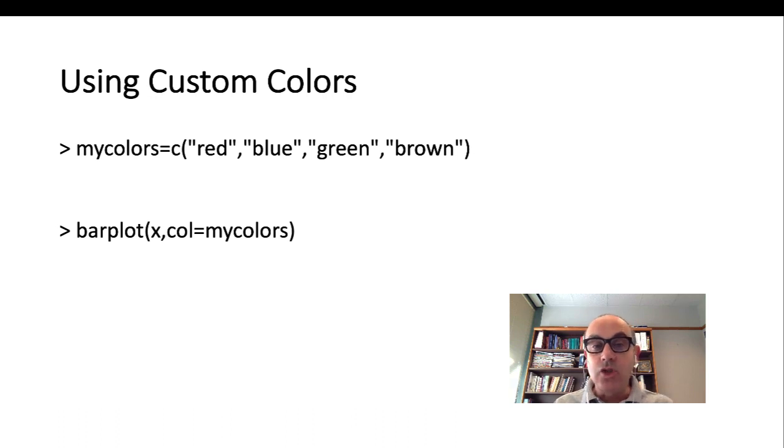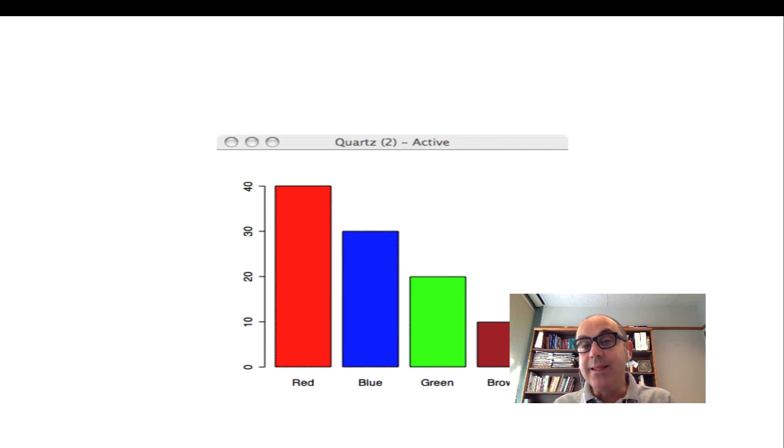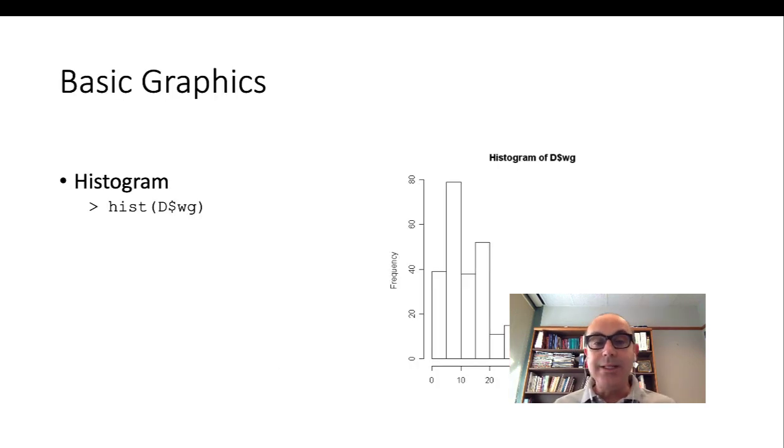And when I create that, that's the overall end result of it. And when I start to customize the colors, I will do that. This is the end result. So this is the basic structure in R. It's a very simple language, but you have to be consistent in that regard. Histogram goes the same way. And again, I can generate a histogram with data